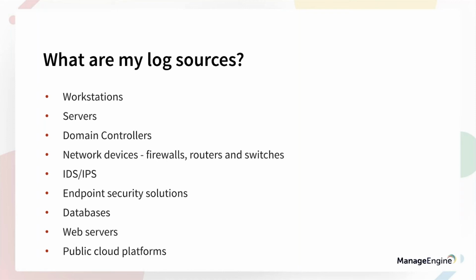People obviously want to track their workstations because that's a good starting point for attacks, right? As we discussed in part 1, where we saw the importance of securing our endpoints. You obviously need servers, that's pretty straightforward. You need to get your logs from your critical Windows or Linux servers. Your domain controllers, obviously your network devices are very important because traffic is passing through them. Your firewalls, routers, switches, IDS, IPS. If you've deployed endpoint security solutions, you want to bring logs from that as well. And then you've got your critical business applications, your databases and web servers,